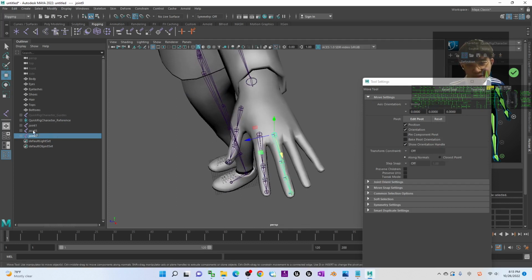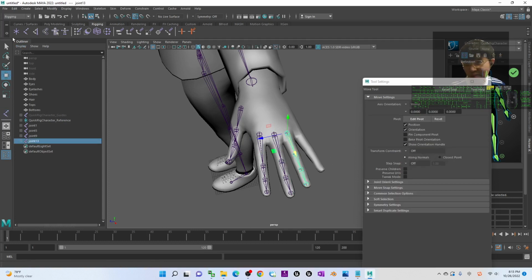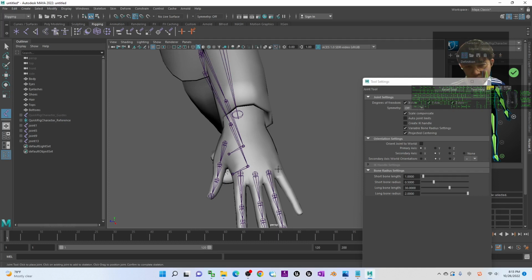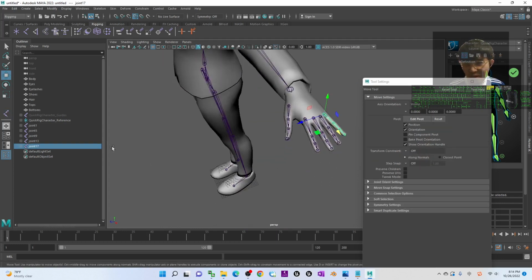Now you can see it is already created in that way. Later we are going to rename it, but not now. Now you just rig your fingers first. Press enter. Click again. Alright, done. Press enter.